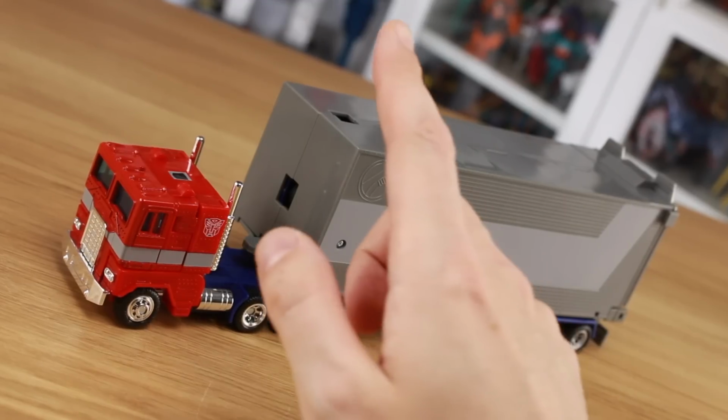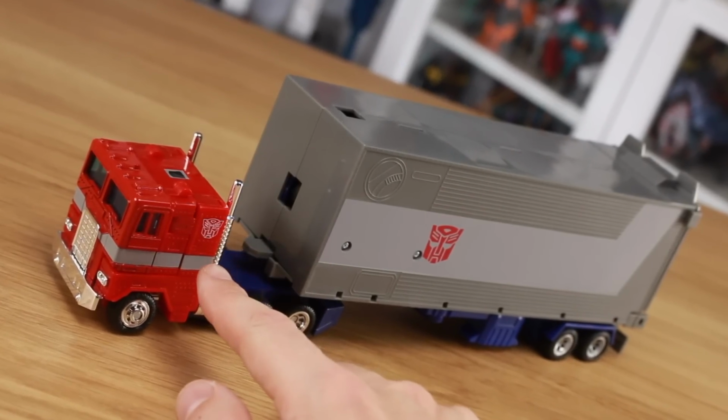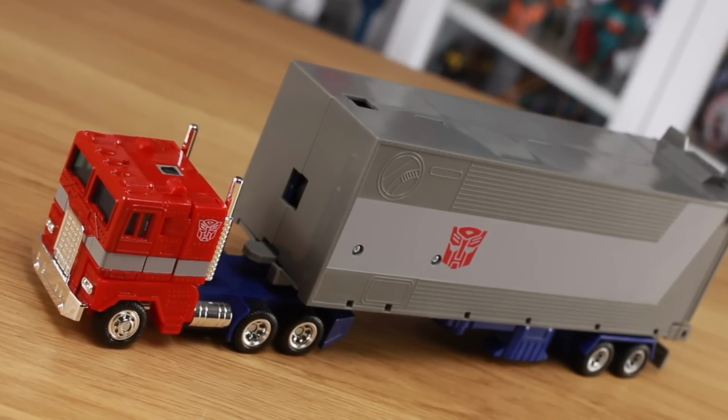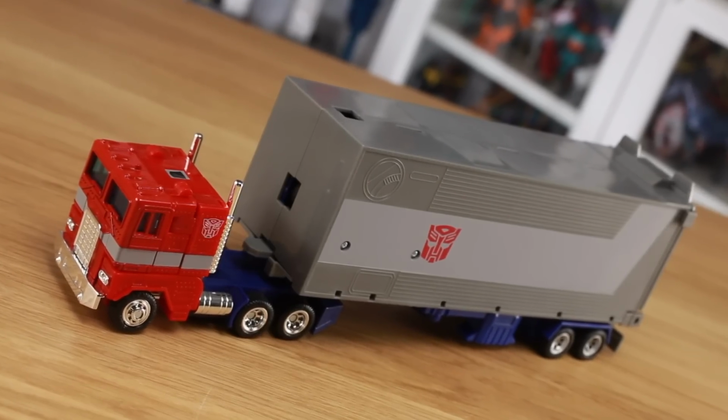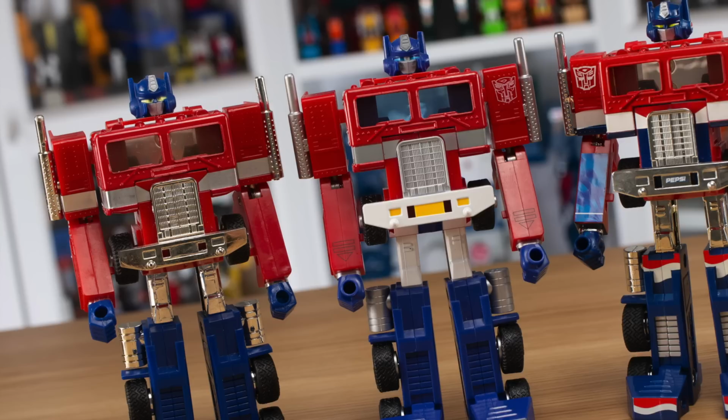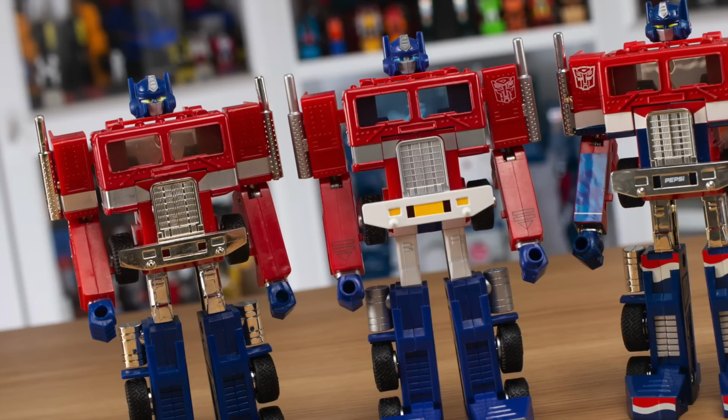And hey, if you do have both, then you can put the Missing Link C02 toy with the retro trailer, and actually that does work as well. So, considering that that Missing Link repaint didn't come with a trailer, this could be a good option for people. And then for a bit of fun, you can also see him here with the Generation 2 Optimus